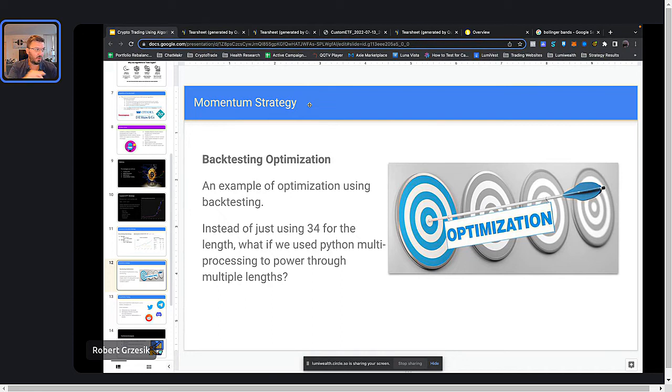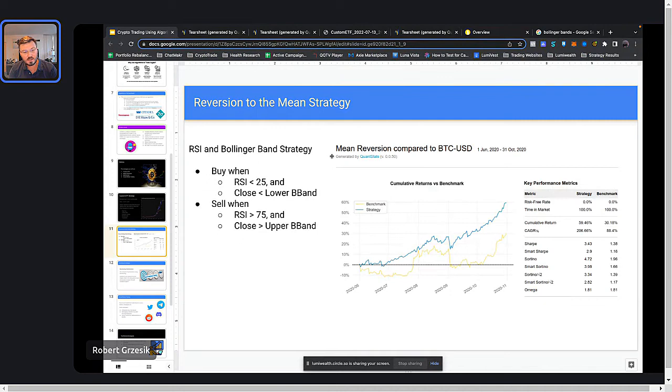You can have very, very custom types of back tests, really get into the details of all these different things that you want to do. You could test out different time frames and different levels. What we could have done with this mean reversion strategy, we could even test, what about RSI of 20? What about an RSI of 24? Can we optimize it even a little bit more like that? That'd be a very interesting thing to try.